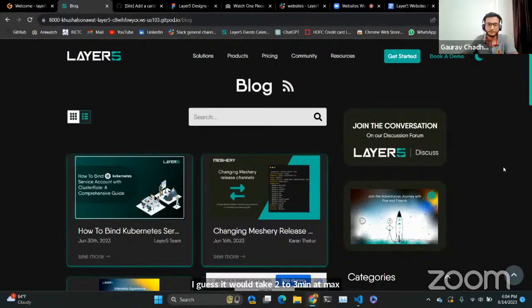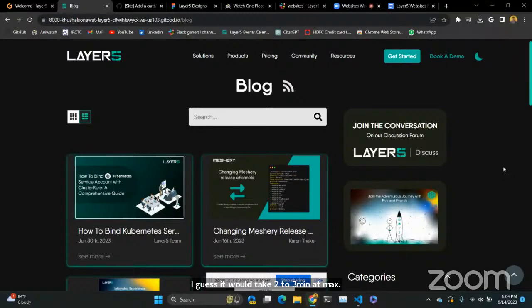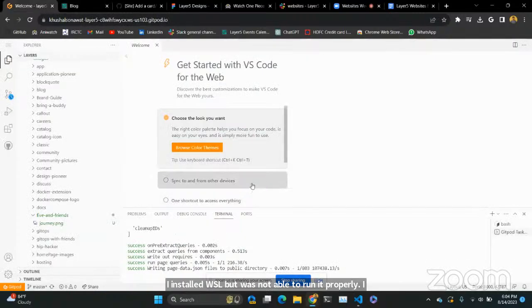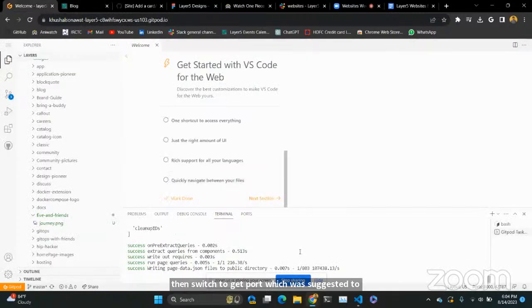All right. The issue I was getting was regarding the setup of the repository on my local machine. I installed WSL but was not able to run it properly. I then switched to Gitpod, which was suggested to me on the community, but it says there is a 50-hour limit.